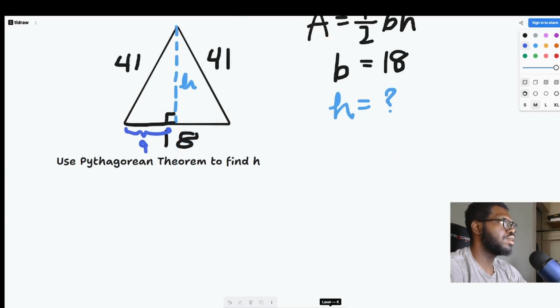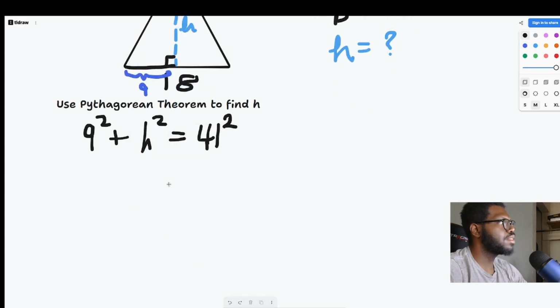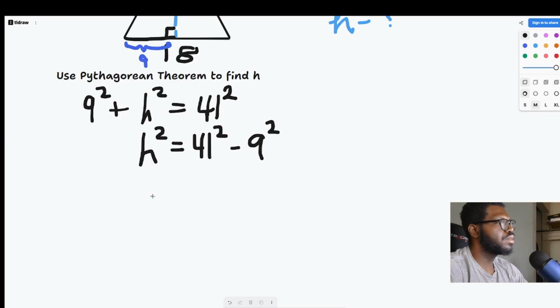This is based on the right triangle that I have created here, where one leg is length 9 and the hypotenuse is length 41. By applying the Pythagorean theorem, we get 9 squared plus h squared is equal to 41 squared. So by subtracting 9 squared from both sides, we get that h squared is equal to 41 squared minus 9 squared. At this point, you could just substitute 41 squared minus 9 squared in a calculator, and you might be thinking,